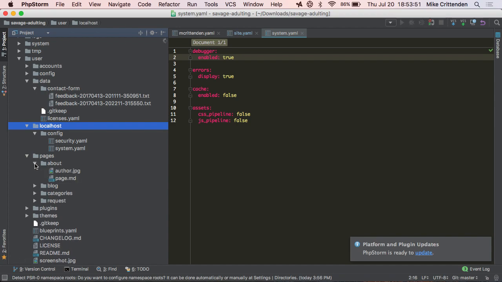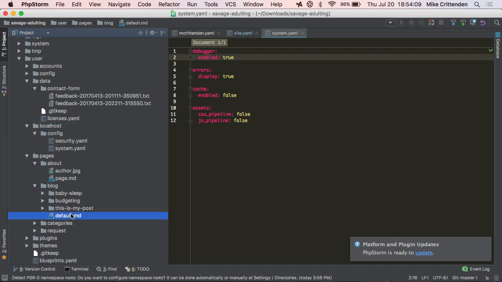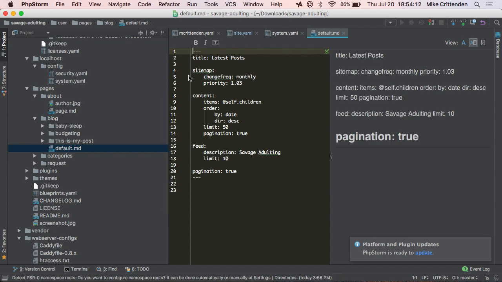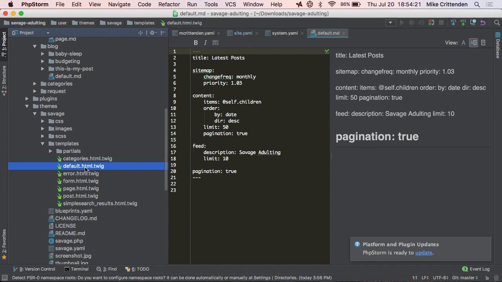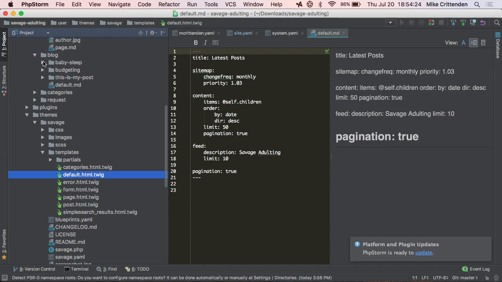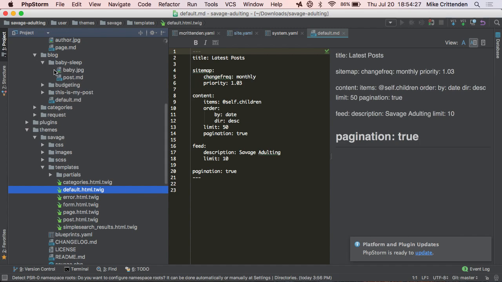And then pages. What's going on here is going to be really familiar if you've used Jekyll before, because it's basically the same idea. You've got directories and markdown files, and each directory can have subdirectories which also have markdown files. For example, the blog has a default.markdown, which means that if you go to /blog, it uses this markdown file, and since it's named default.markdown, it maps directly to this template, default.html.twig. So the file naming is really important here. An actual post, named post.markdown, maps directly to post.html.twig.